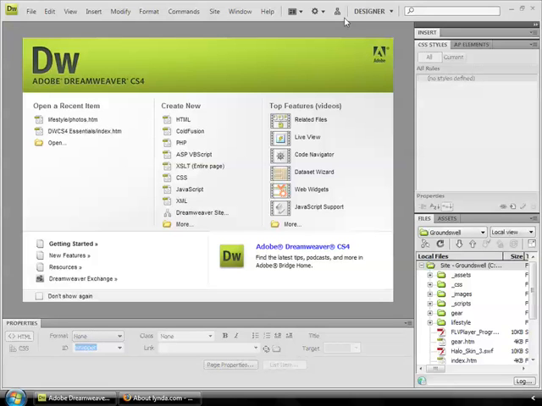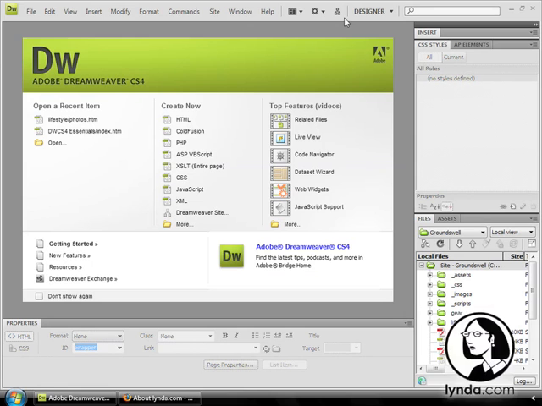If you are brand new to web design and brand new to Dreamweaver, you are probably eager to open it up and get started. However, before we start using Dreamweaver, it's important to go over some of the more fundamental concepts and best practices of web design. That way, you ensure that you're using Dreamweaver correctly and that you understand why Dreamweaver operates the way it does